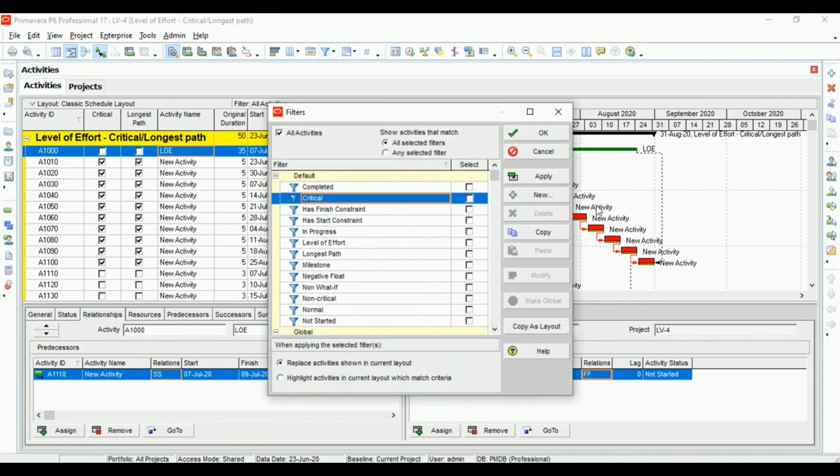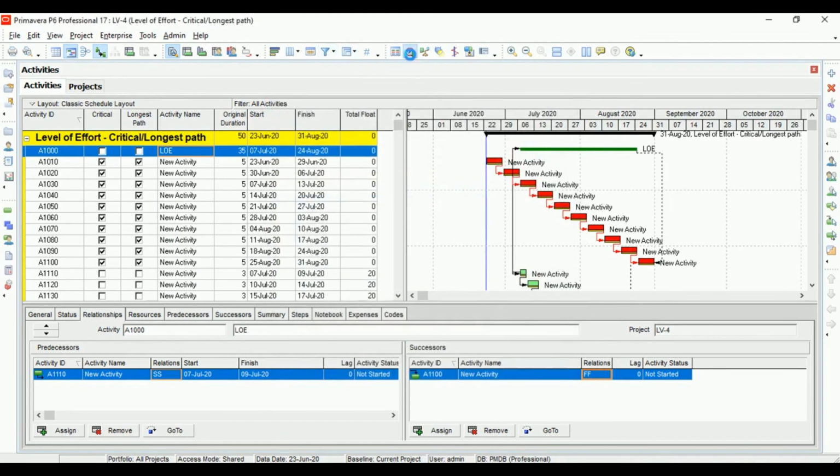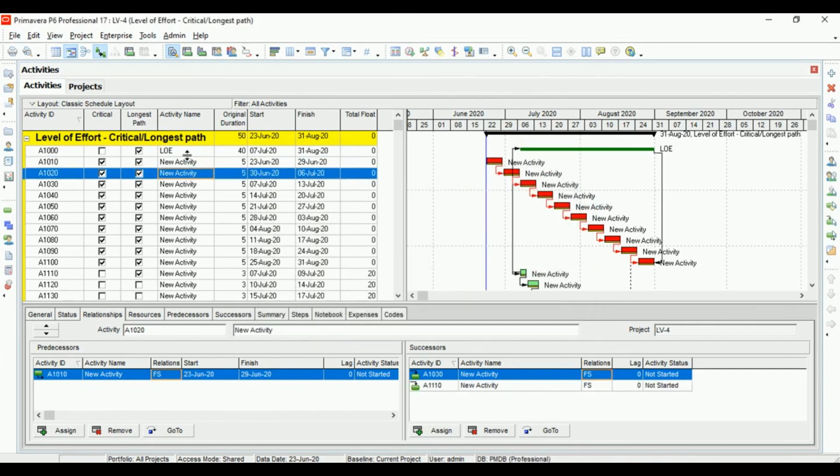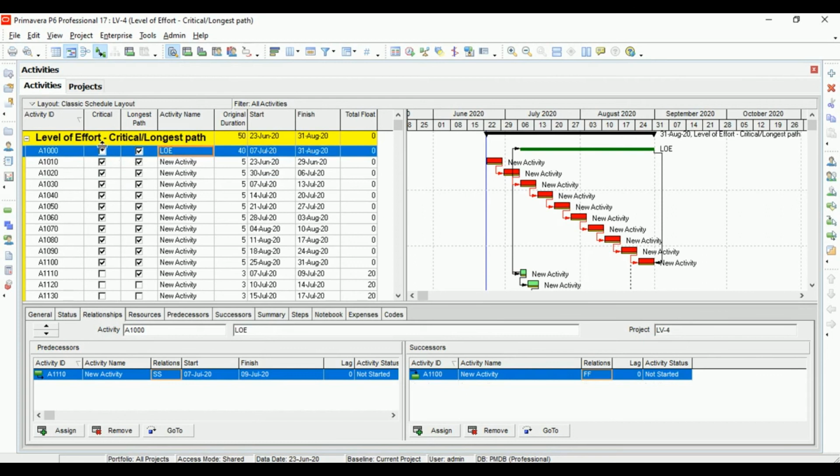And then, sorry, schedule it. Right, so you see P6 by definition knows that it should not mark a level of effort activity as critical. That is why it is not showing as critical, but it is showing on the longest, and we just saw why, because it is pulling itself right from here.